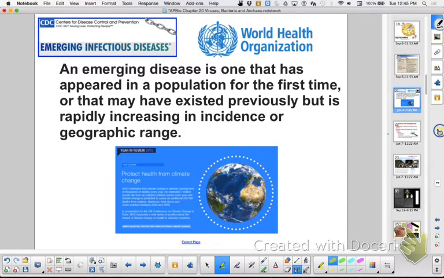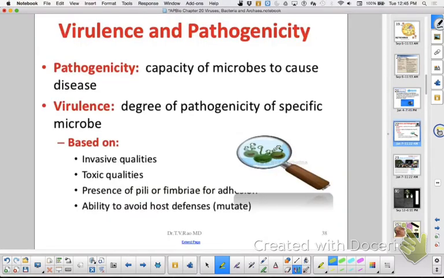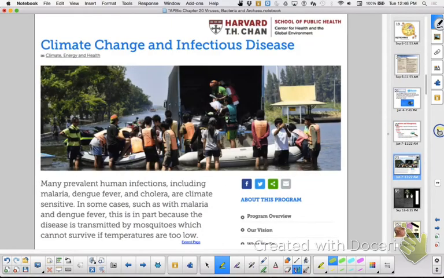We also talked about a couple other words, pathogenicity and virulence. If it's a pathogen, it can cause a disease, and how badly it impacts you is the virulence. And we said these are not the only ways. We also talked about